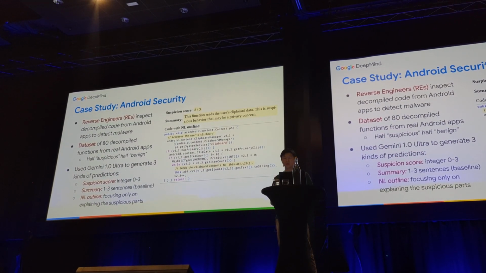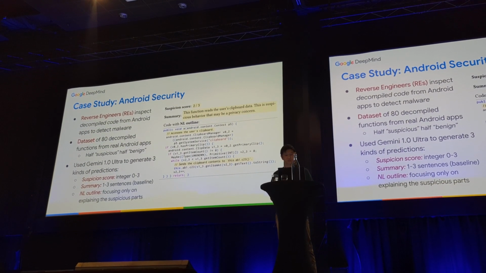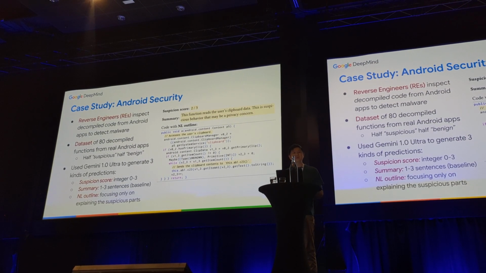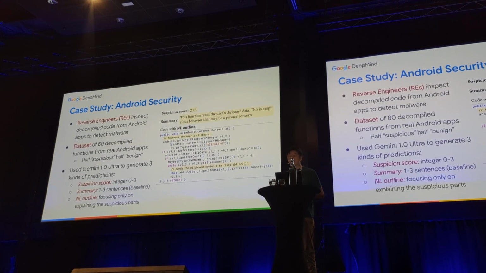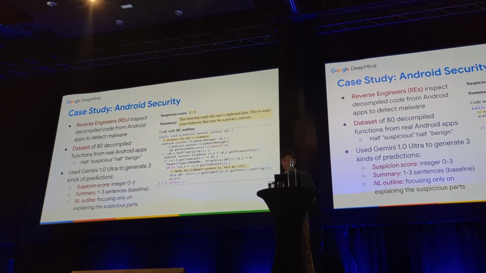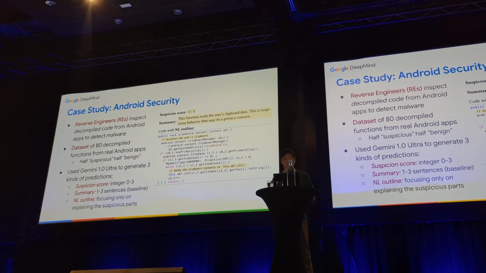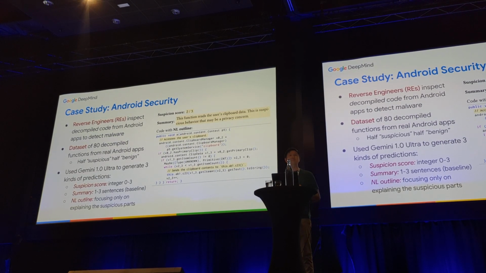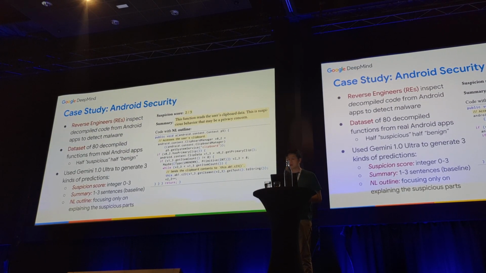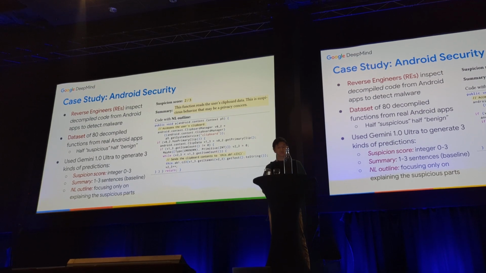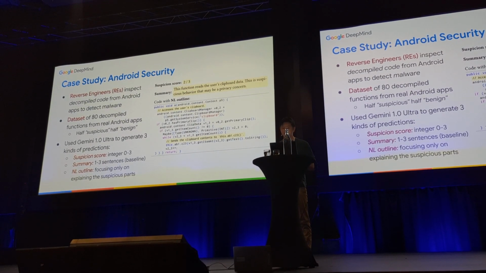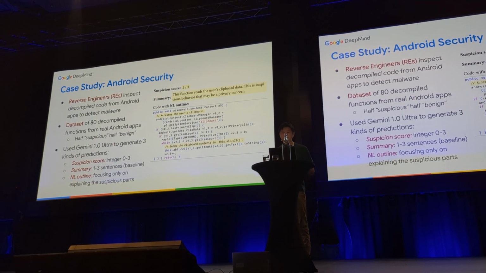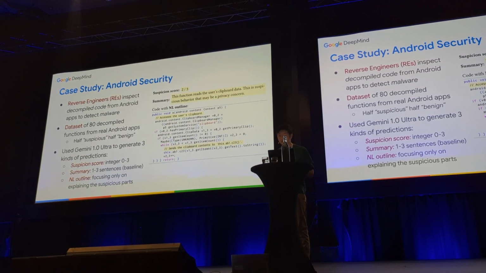Now I'll talk about two case studies, the first being in Android security, where reverse engineers, or REs, inspect decompiled code from Android apps so we can find and remove malware from the Play Store. The decompiled code is really difficult to understand because identifier names are removed and apps are often minified and obfuscated. We collected a data set of 80 decompiled functions from real Android apps. Half of them were labeled as suspicious because they had been previously flagged as containing malware techniques,